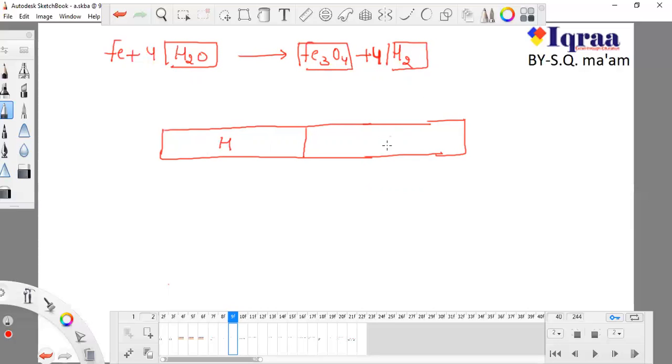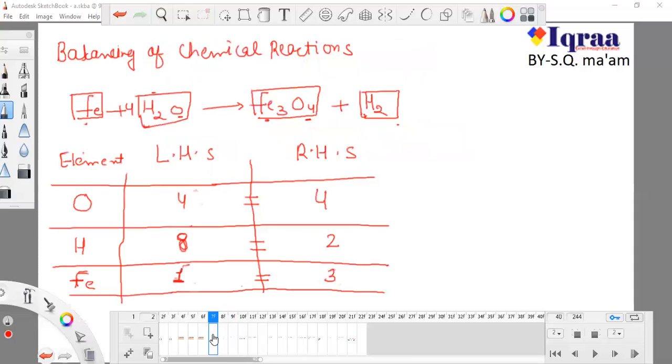So this is hydrogen, this is hydrogen. We have done something, and I'm writing these marks to indicate that we have done something with them. 4 and 4. Now hydrogen is, sorry, 8 here, and here hydrogen is also 8. In both cases hydrogen is 8. So let's change the main formula. I'm writing this 4 here, and again I'm writing 4 here. Now I'm changing the main formula. I'm changing my answer, that is 8.